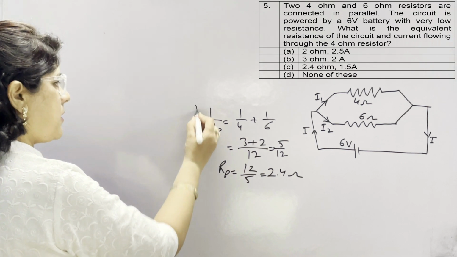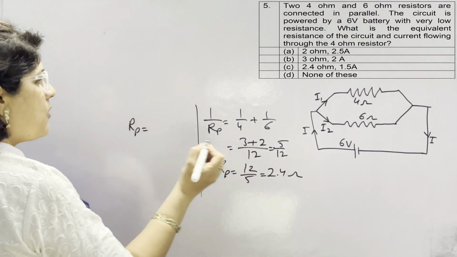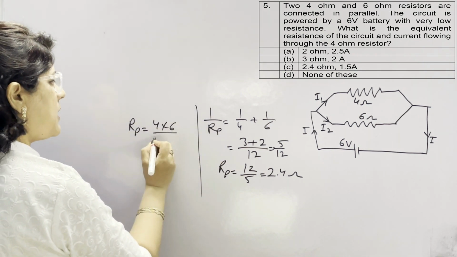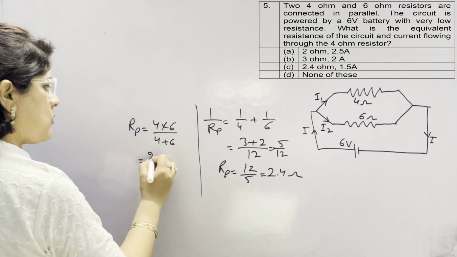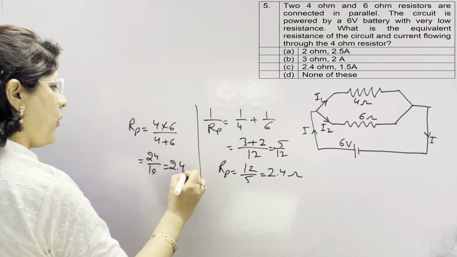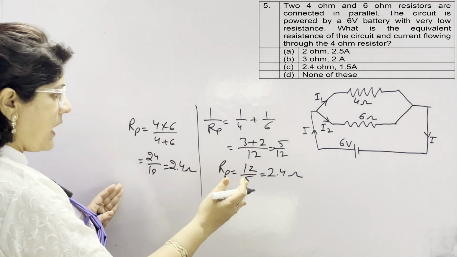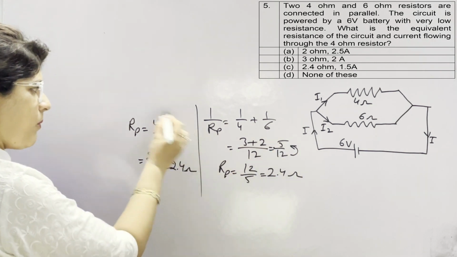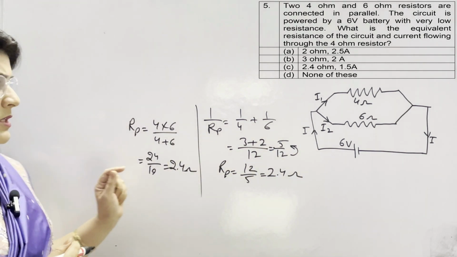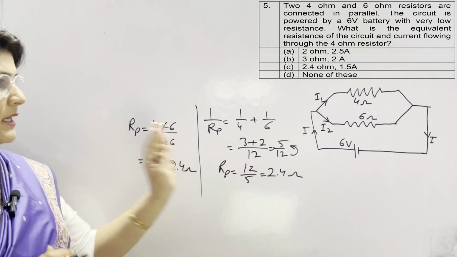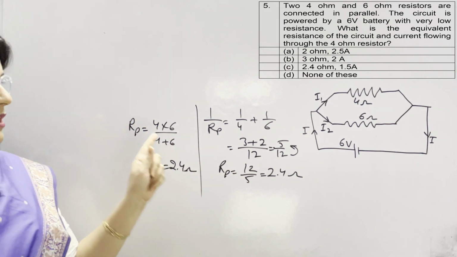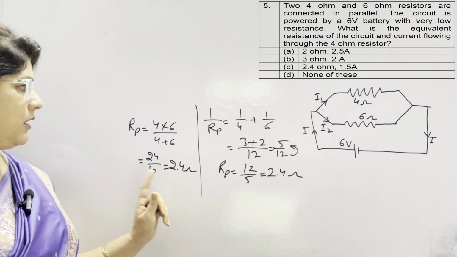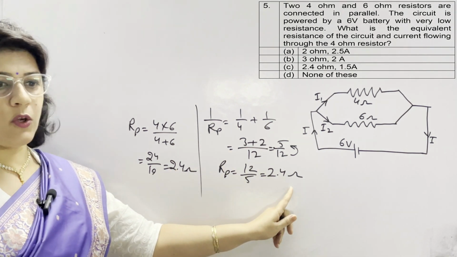Another method to calculate parallel resistance is Rp is equal to the product upon the sum of the two resistances, which are 6 and 4. So you can simply multiply 4 with 6 and then add these two. It means 24 divided by 10. It means 2.4 ohm. आपको जो मेथड अच्छा लगता है आप कैलकुलेशन के लिए यूज कर सकते हैं, बट यहाँ पर ये रेसिप्रोकल लेना आपने भूलना नहीं है. इस फॉर्मूले में आपको रेसिप्रोकल सिंपली करना है तो इसमें गलती की चांसेस नहीं है, बट वट एवर मेथड यू फाइंड इजी यू कैन चूज. गलती नहीं होनी चाहिए क्योंकि ये क्वेश्चंस आपको कंपल्सरी सेक्शन में आने हैं. 2 मार्कर क्वेश्चंस हैं, कंपल्सरी सेक्शन में आएंगे ही आएंगे. So 2.4 ohm is the equivalent resistance.